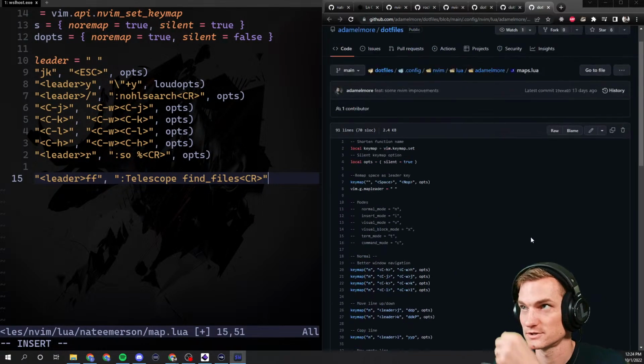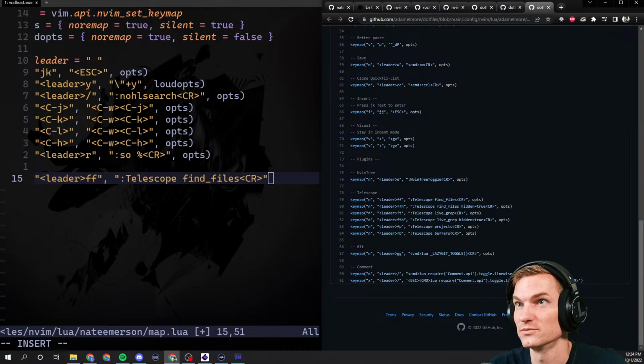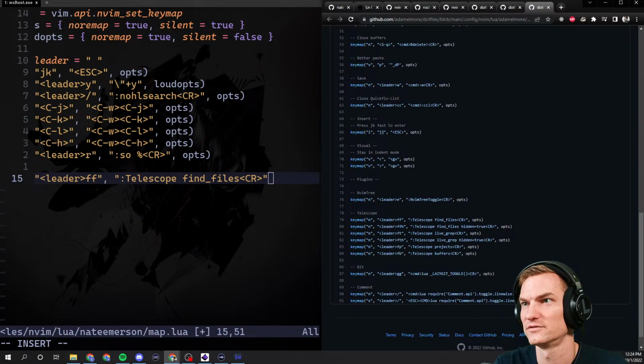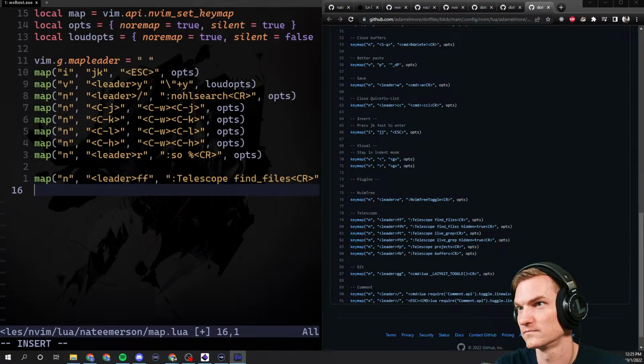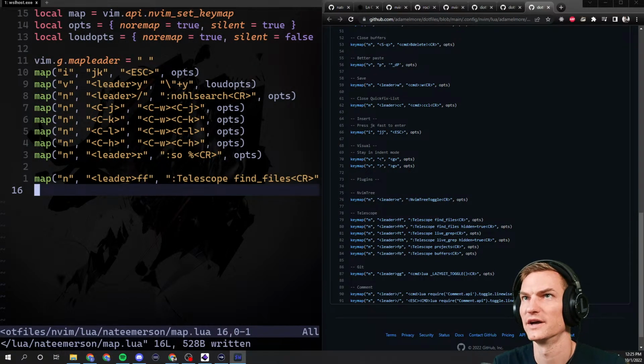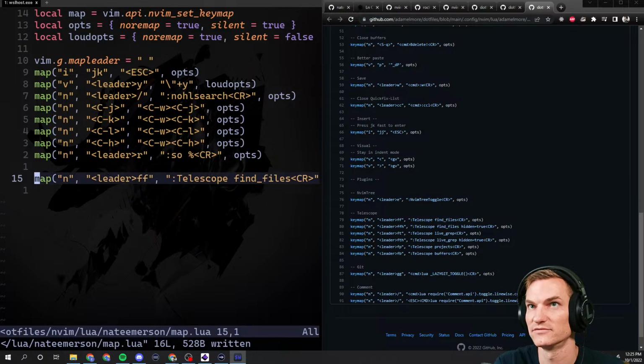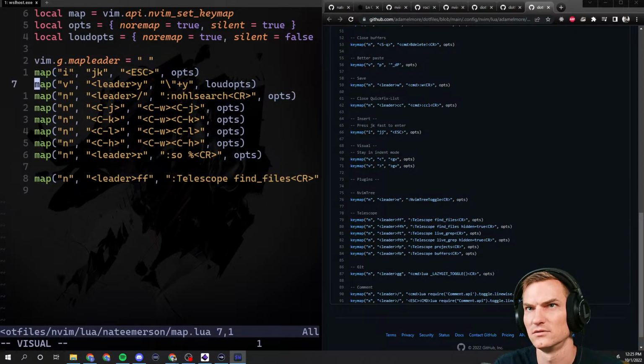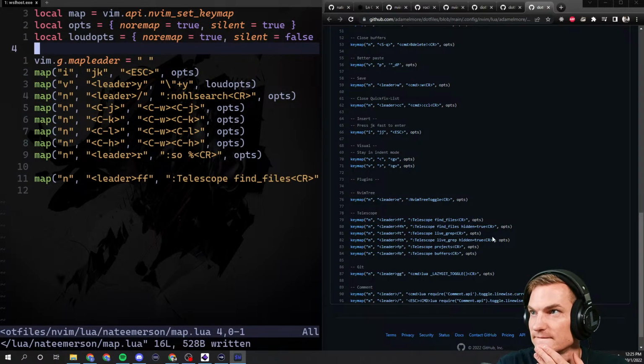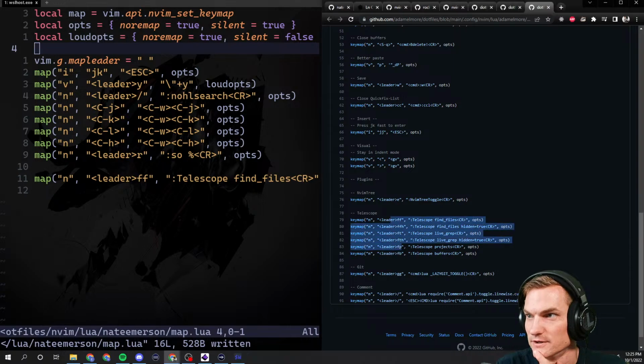and what options is he actually using here? Silent equals true. I think that's what I have. I have no remap true, silent true, and then I have loud ops, which is silent false, because I wanted that for, I forget what this bind does. This was one I just found recently, the V that I have there. Anyways, so